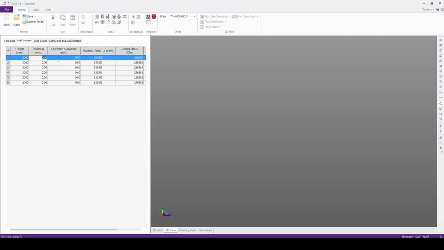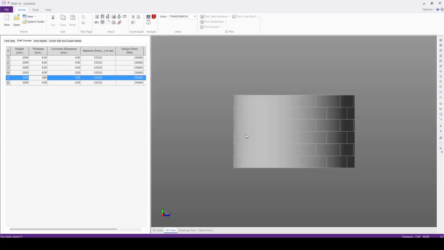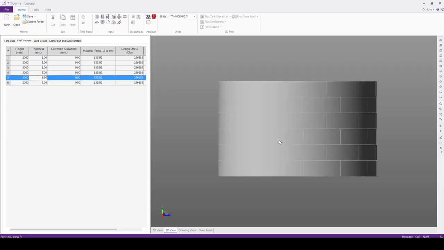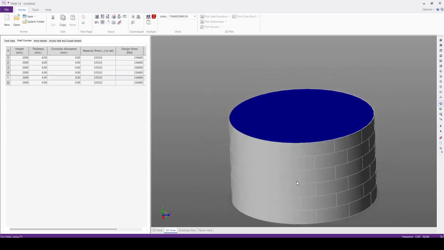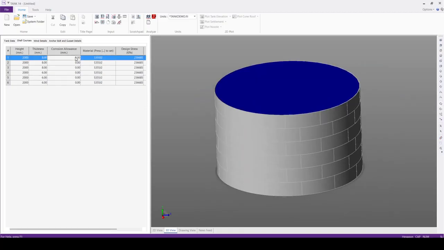Next, we'll define the thickness. For the first 3 shell courses, we'll define 8 mm, and for the next 3 we'll define 6 mm. So after defining the thickness, the tank model is generated. So we can see the open tank model, and corrosion allowance we'll keep the default values,